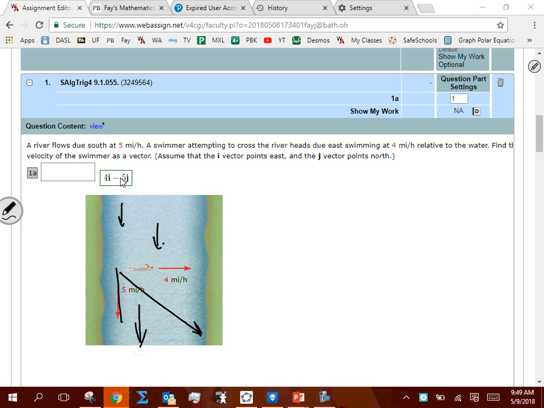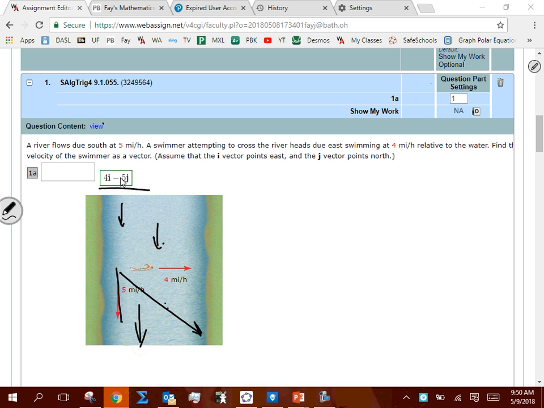So when I do my work here, I should know that this current is actually an assist current, right? I'm swimming with the current a little bit. I should get an answer bigger than 4 and smaller than 9. Okay. So how do I find that? Well, if this is an ij form for this vector,